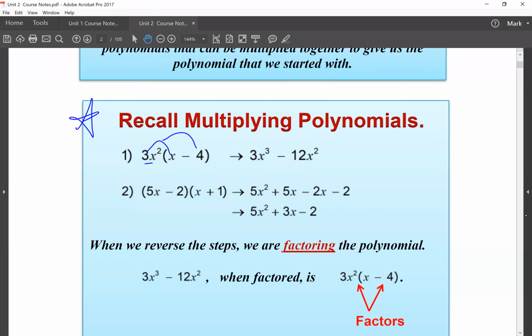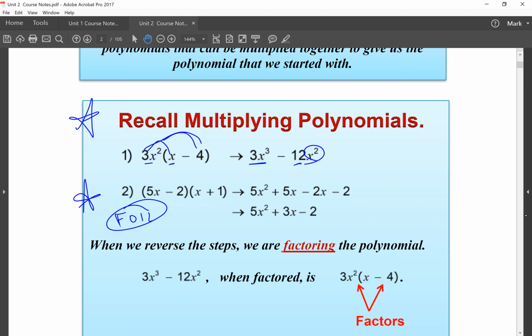So 3x squared times x is 3x cubed. We had 2 x's, we multiply by an x, and we have 3 of them now. 3x squared times 4, well, we multiply the 3 and the 4, we get 12, and we keep the x squared. No problem. This one here is a little different. You might not remember this, or maybe you haven't done this in a long time. I keep wanting to say factoring, but this is expanding, using what we would call in math